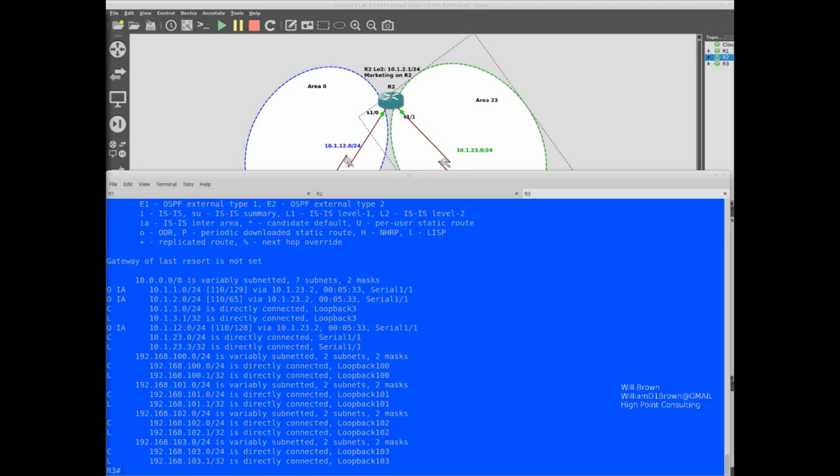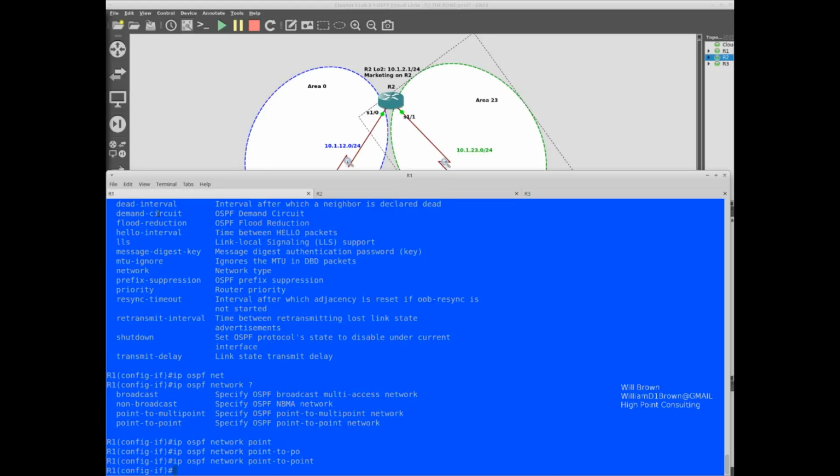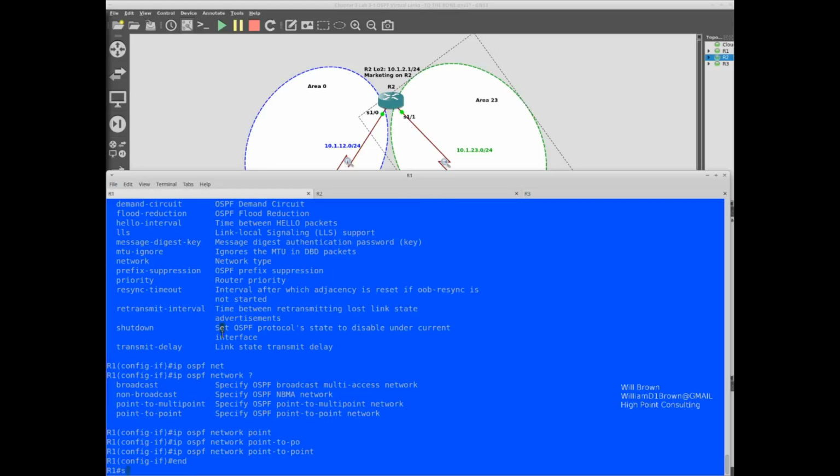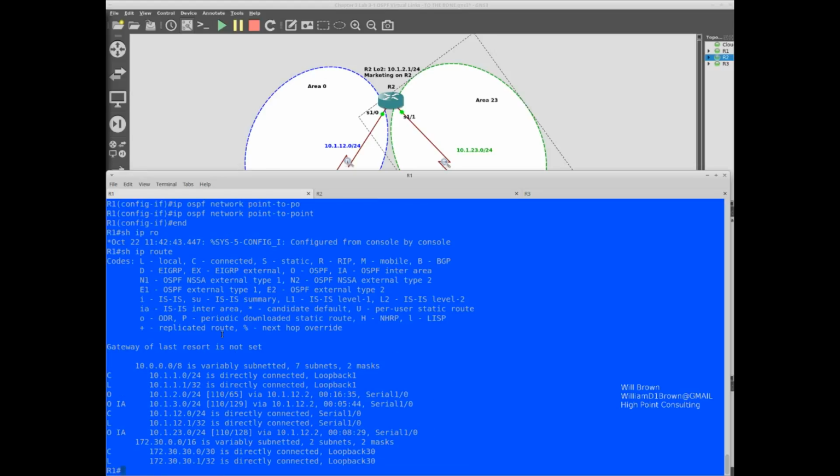So we'll keep doing a summary address. And I think what I want to do now is let's come over to router 1 and show IP route. What have we got in here? So we've got some inter-area routes that have been learned here. Also, we've learned about the 10.1.3, and we've learned about the 10.1.23.